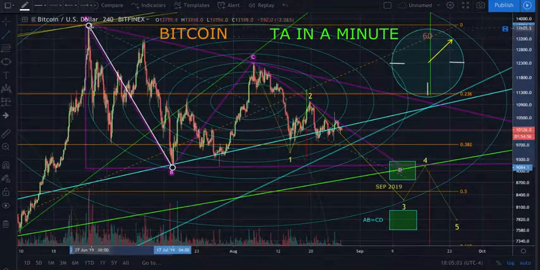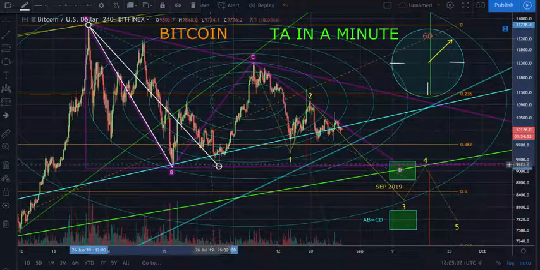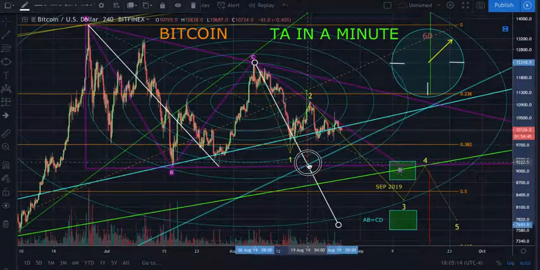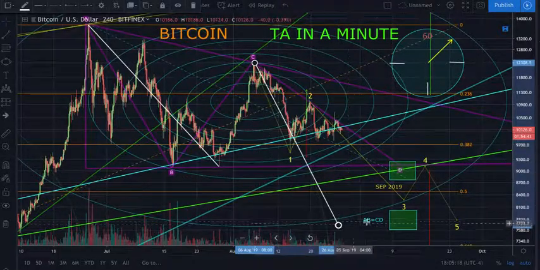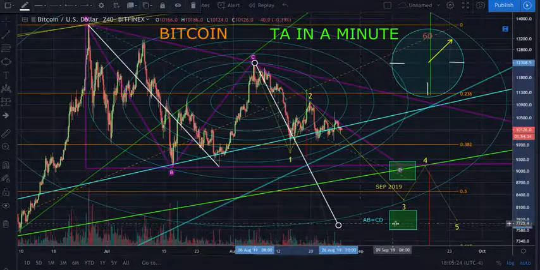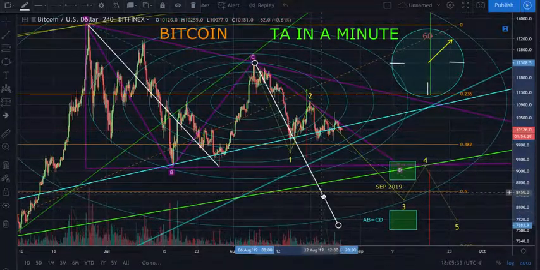But the way we actually can draw this is you could go to either one of these points because they're essentially like the same distance, but it gives you a little bit different of an angle. But if you take that AB and then you put it where C is to give you an idea where D is, that would be our final point down here, okay? And that's going to take us down to the 76.50 range, and that will put us over here right in this area, nearing the bottom of this fib circle as well.